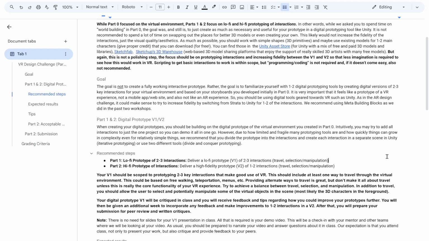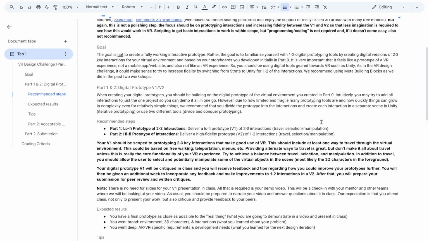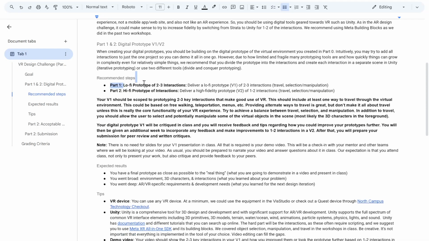So that is travel, selection, and manipulation. These are three important goals we want to support in our virtual reality, in our virtual world that we have created. And so in part one, we do a first attempt. We prototype 2 to 3 interactions using the things we learned even in the AR portion now, or maybe using